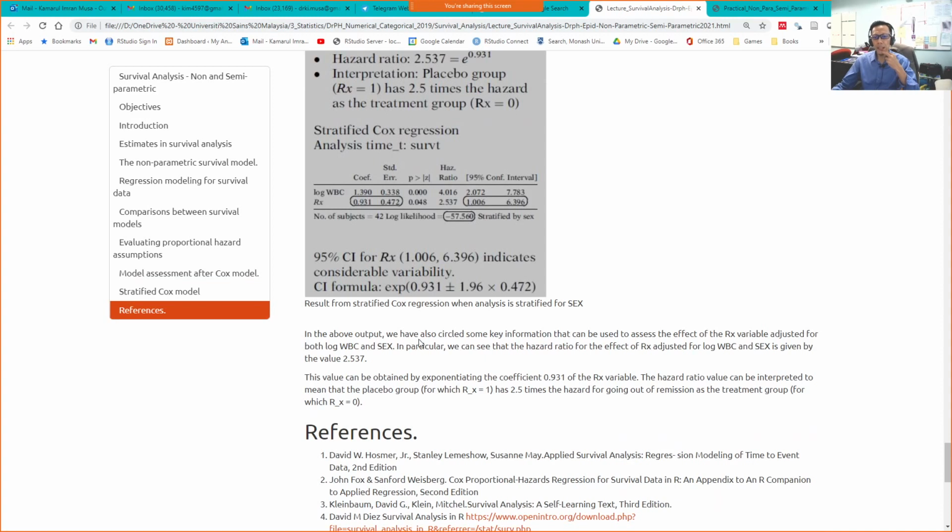So we can see here, in particular, the hazard ratio for the effect of treatment adjusted for log white blood cell count and sex is given by the value of 2.537. Okay, the hazard ratio. So that's all for